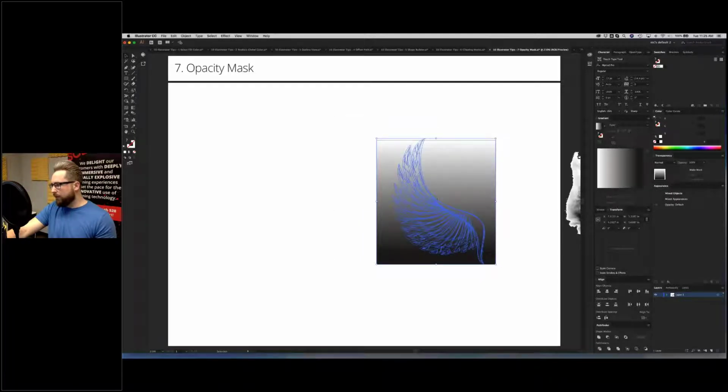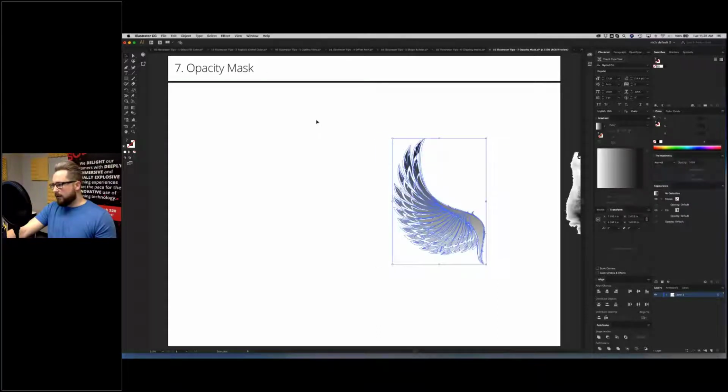Then in my transparency panel, you click on the drop down and then make opacity mask. And you can see that it goes from the black to almost transparent right here. So what that does, let me release that again so you can see,